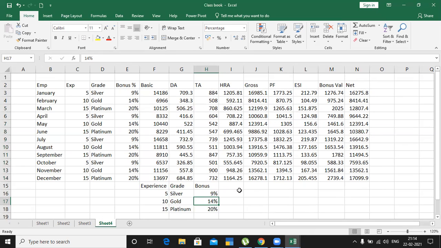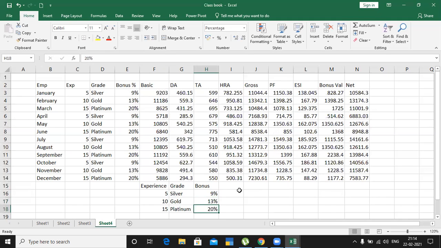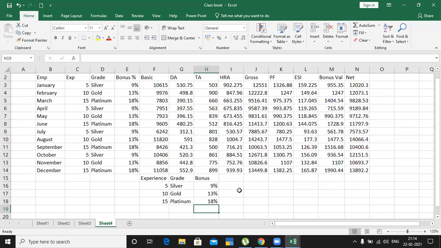Now management is saying that instead of 14%, I have to compensate in this silver. I have to subtract. So I will make this 12.5%. Press enter key. See what happens. The rounded method we have used, so 12.5% is considered as 13%. And next one here, 20% I have, so make this 18%. See what happens.